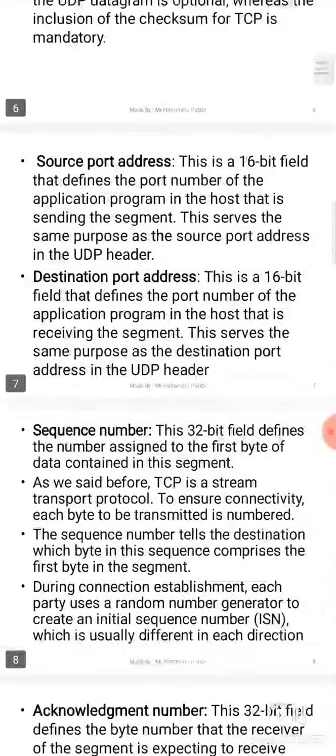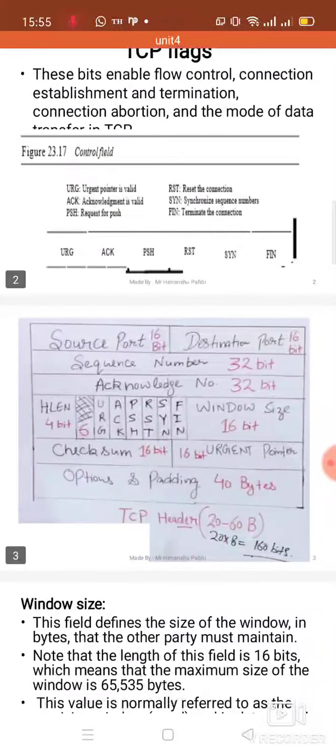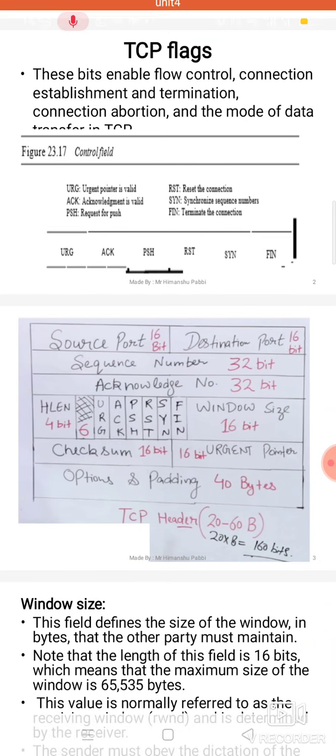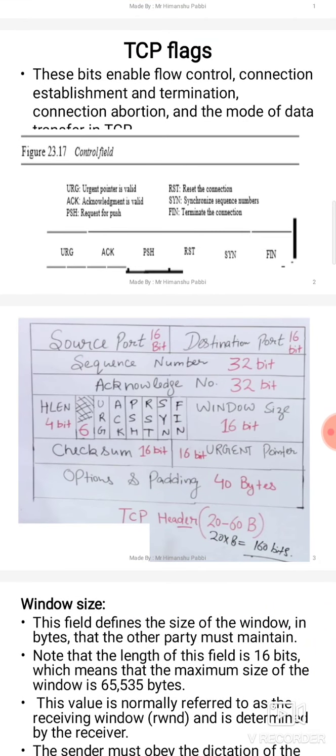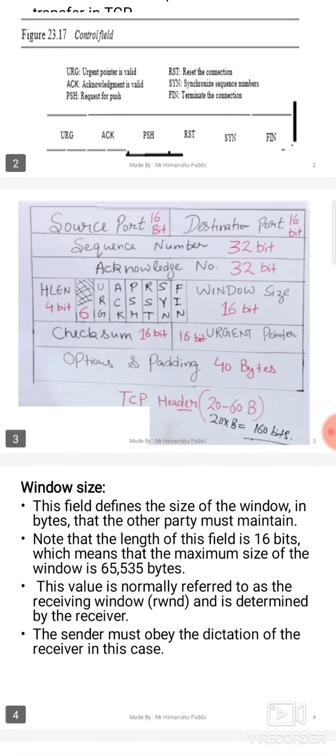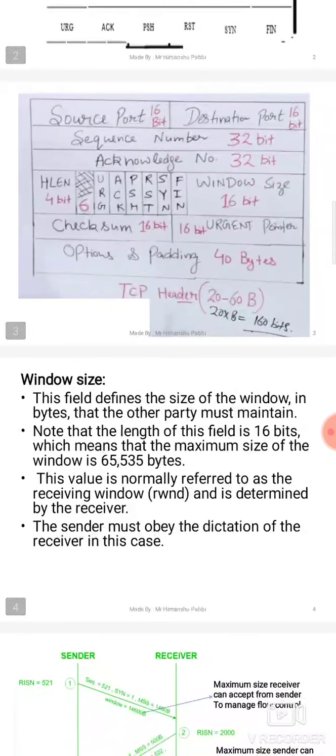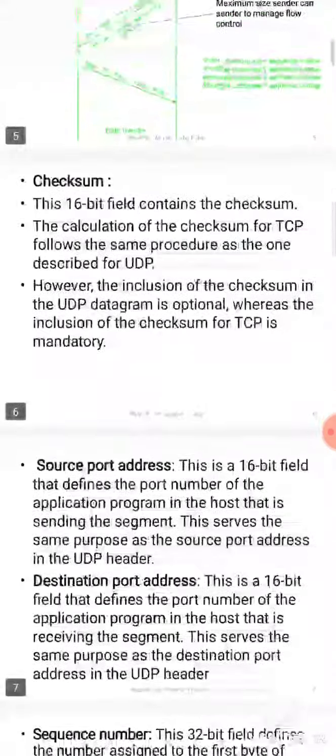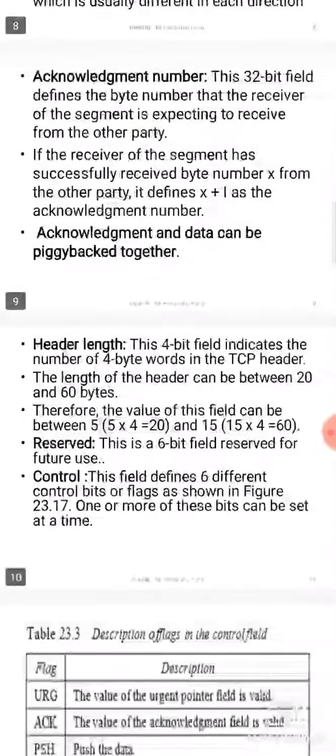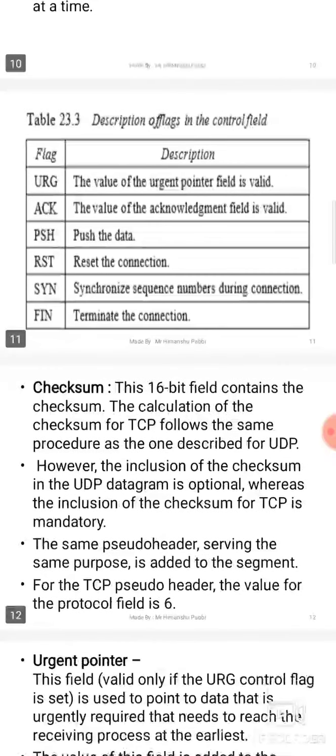Not all segments are urgent, only some packets are. Whenever such a packet is sent, the URG flag is set to 1. You can read from the slides also.